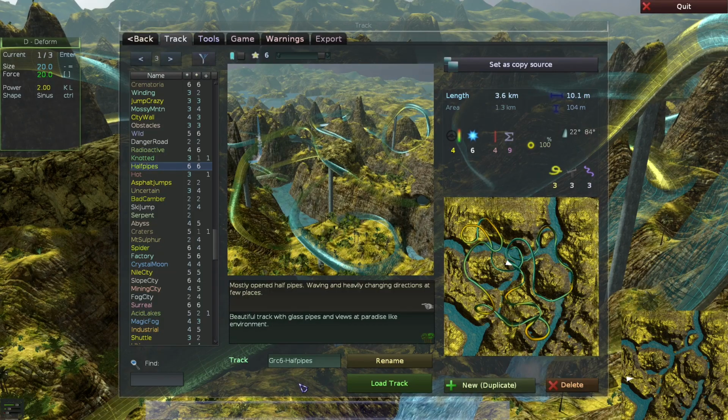So let's finally start making a new track. There is only duplicating in editor. So the idea is to pick a track that you like the settings of, for example this terrain. After loading it, pick a new name for your track